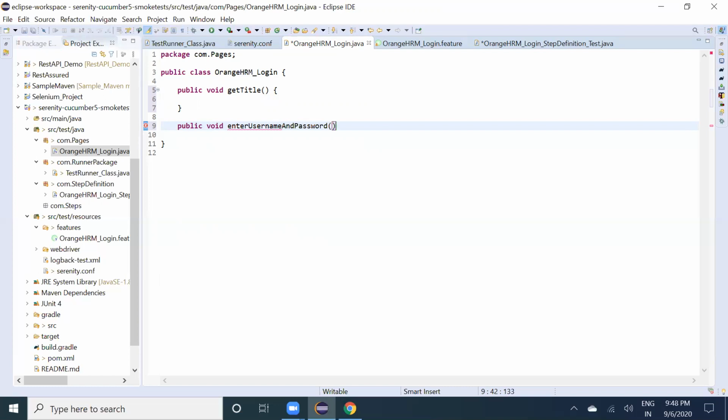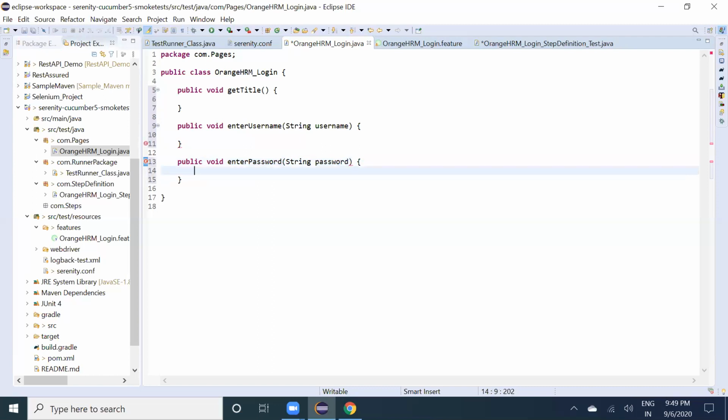So we'll create separate methods for username and password. Now we'll have another method for password now. So another beauty is it makes